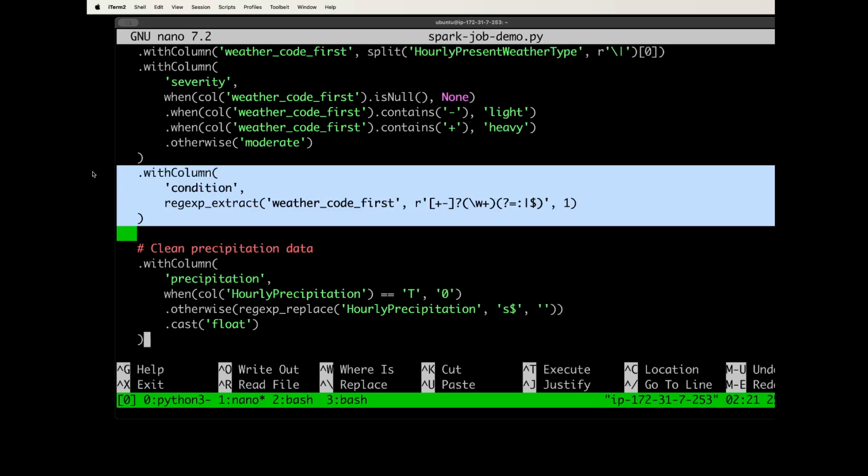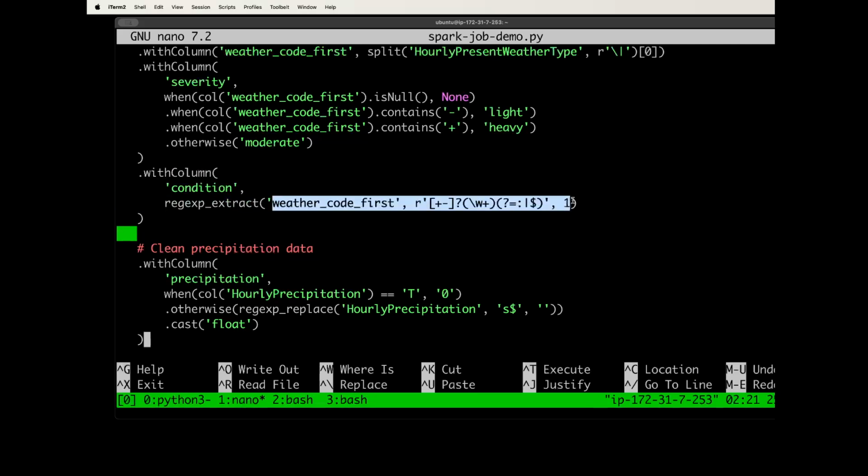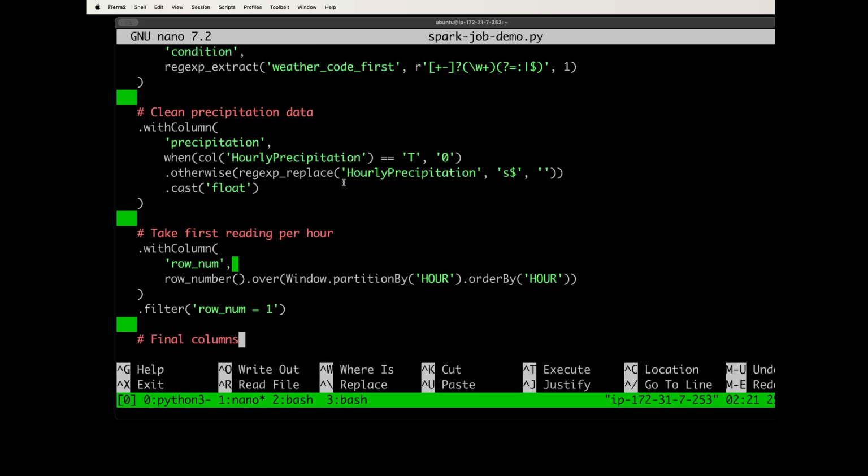Then, for some reason, there's a little bit of extra gobbledygook in this column. To be honest, I don't remember exactly what this does, but it matches a regular expression, and it removes this bad part. Next, I clean up the precipitation data. Sometimes the precipitation data has a T in it, which means trace. I don't care. I'm just going to replace it with 0. That's an assumption I'm going to make. So I have basically another case statement. With column precipitation, when hourly precipitation is T, replace it with 0. Otherwise,